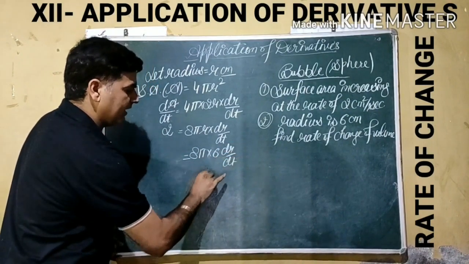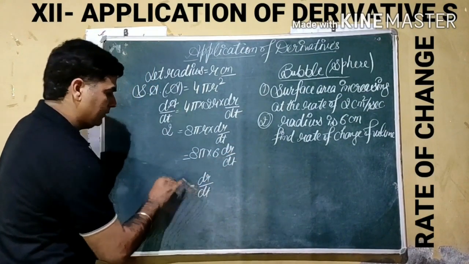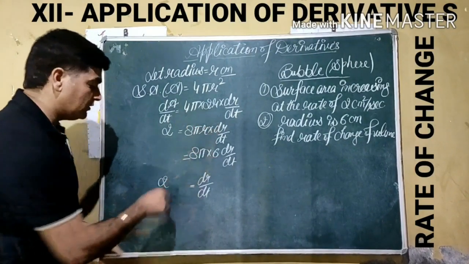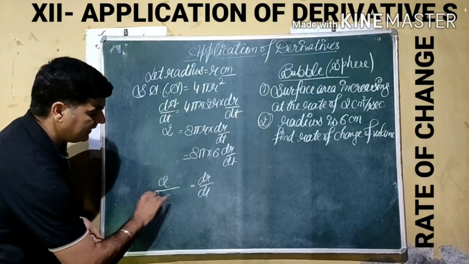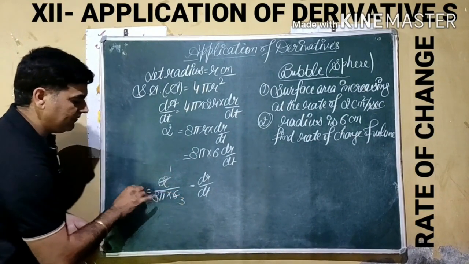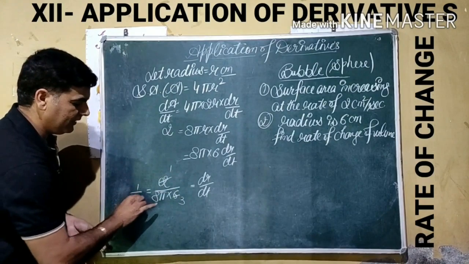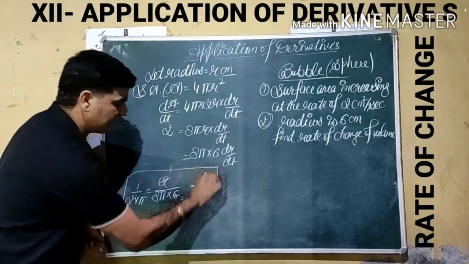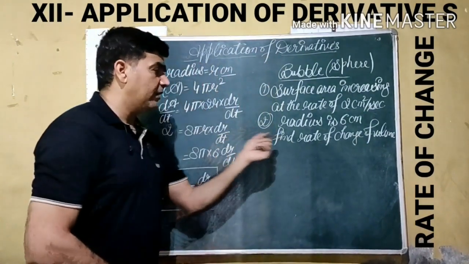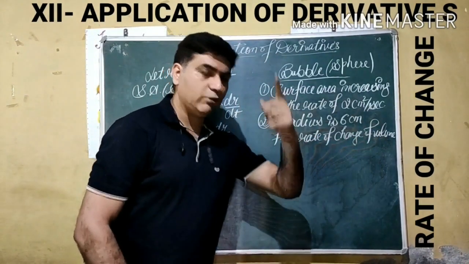From here we get dr by dt by shifting. 2 is already there. 6, 8 and pi all are in multiply. On shifting they become divide. It is 8 pi multiply 6. If we simplify, it becomes 1 upon 24 pi. This is the rate of change of radius with respect to change in time. But our target is still away. Rate of change of volume we have to calculate.